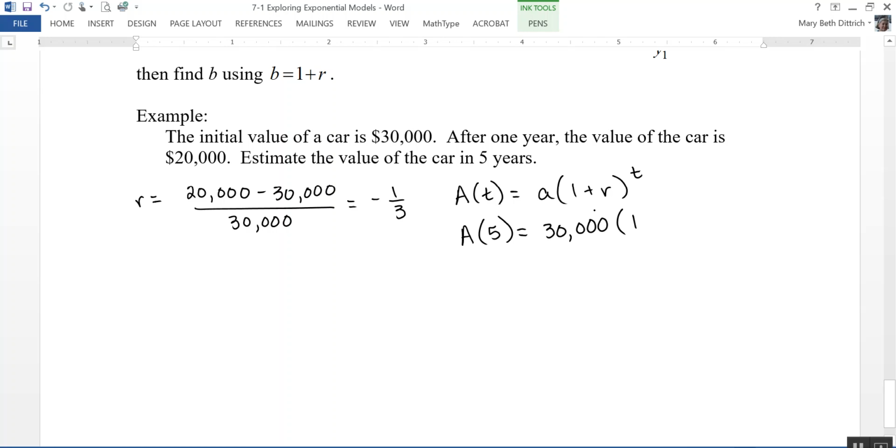times 1 plus a negative 1/3, or 1 minus 1/3 to the 5th power, or 30,000 times positive 2/3 to the 5th power. And then I'm going to grab my calculator and I'm going to do 2 divided by 3, enter, raised to the 5th power, enter, times 30,000, and I get